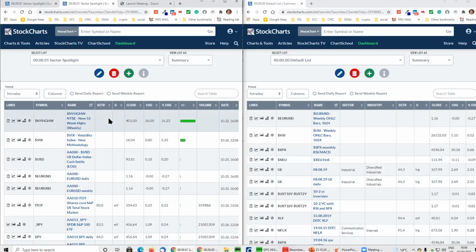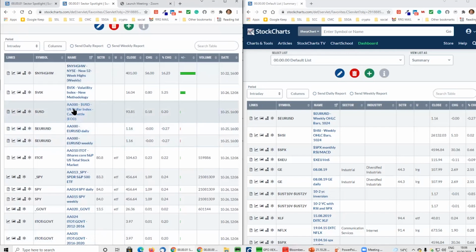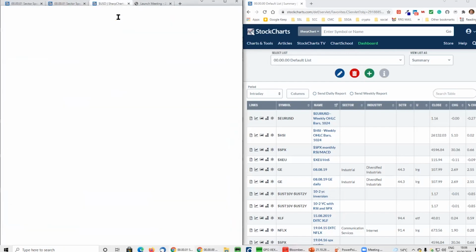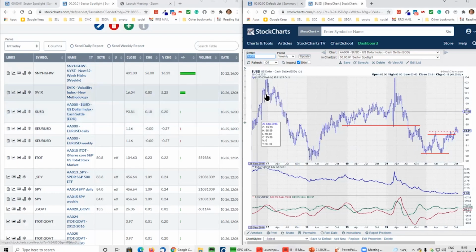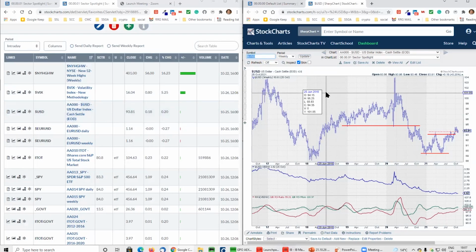me doing this in Sector Spotlight. Here's my chart list, and then I bring up the one, bring that to the other side. And now I can work through my chart list. I bring up my chart list on the left-hand side, and I can have my charts, my actual charts on the